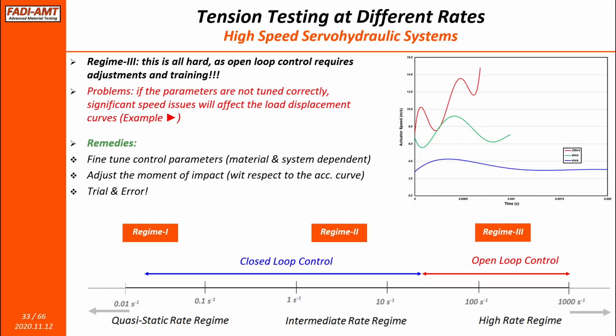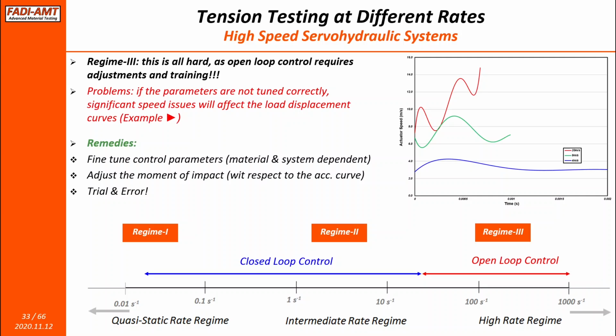So typically you want to accelerate your piston to a certain point in order to achieve a certain speed. And that is basically done by your control parameters and how you set up your acceleration profile. For hard materials versus soft materials, you want that point of impact. So the moment at which you impact the sample will change from soft material to hard material